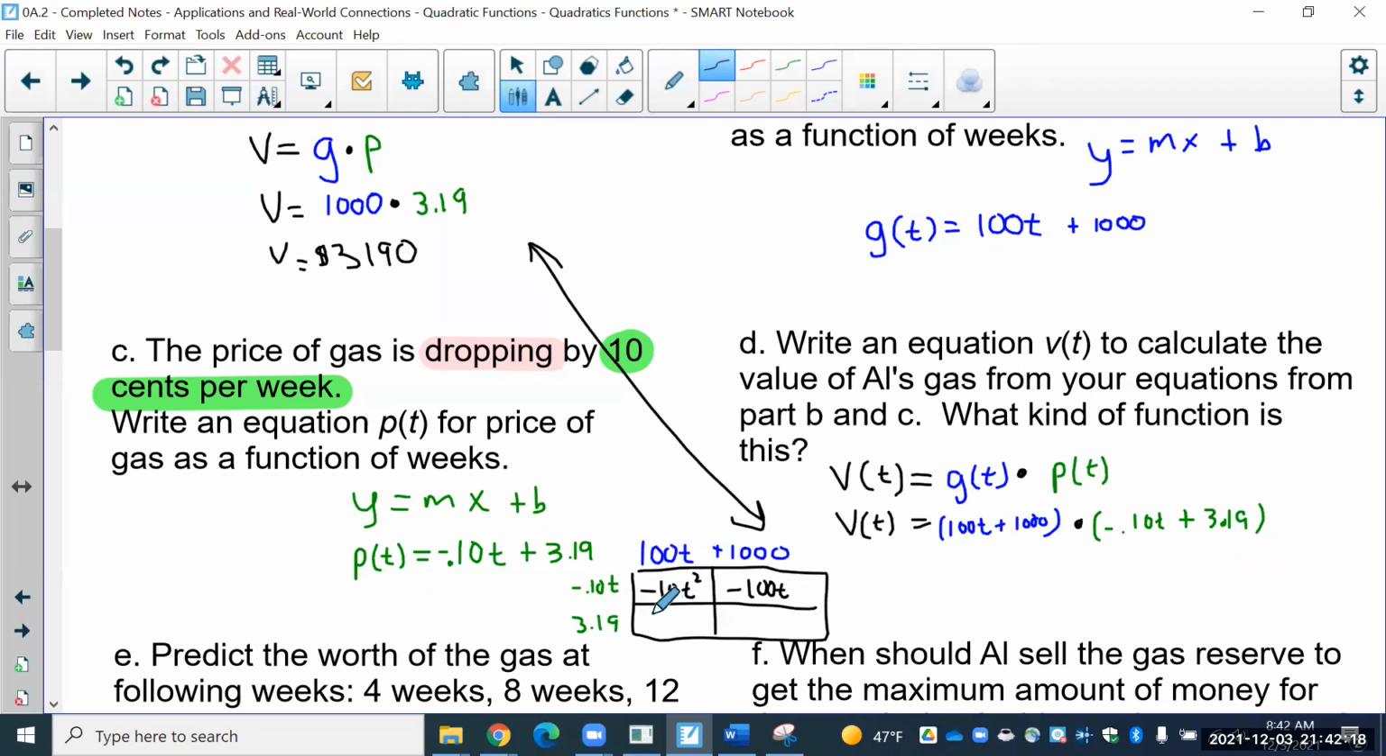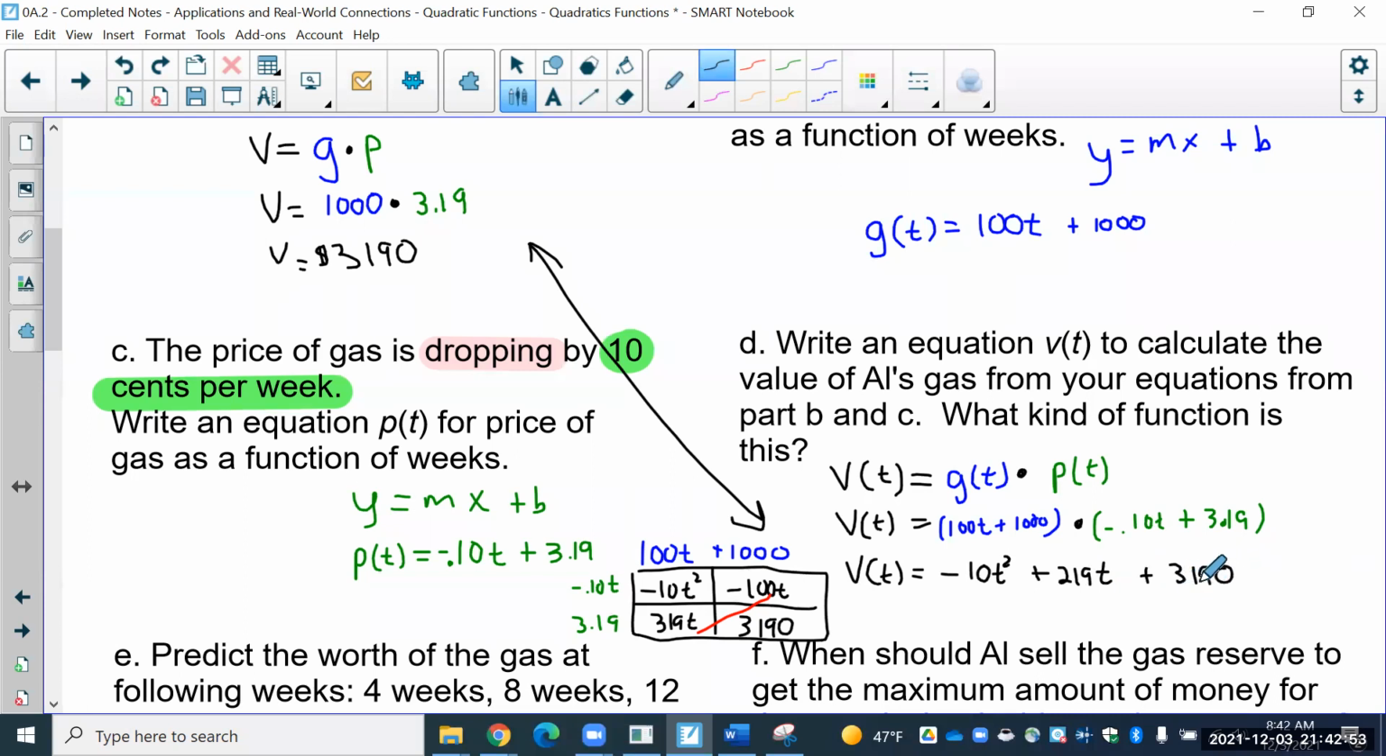100 times $3.19 would be 319, but there's t there. And then 1,000 times 3.19 is 3,190. Notice that this is the initial value I had here. The initial value will remain the same in the 7th grade problem as it will here. So when I combine my like terms, just like we've done before right there, our v of t is going to come out to negative 10t squared plus 219t, and then plus